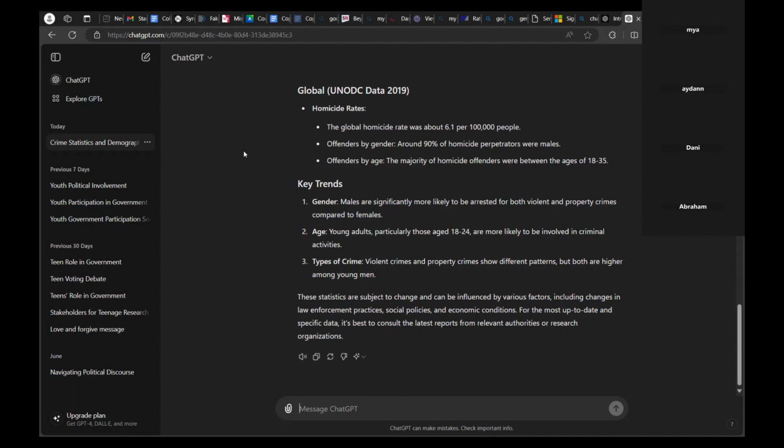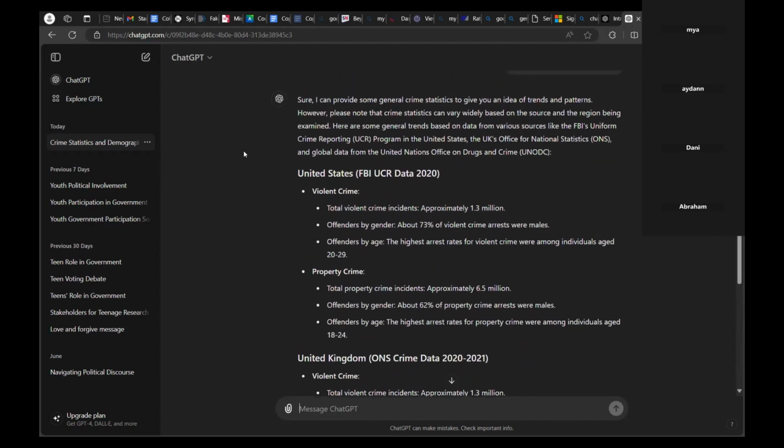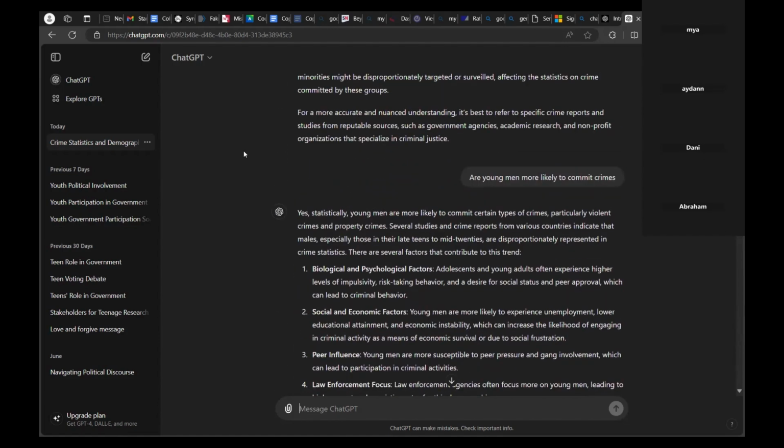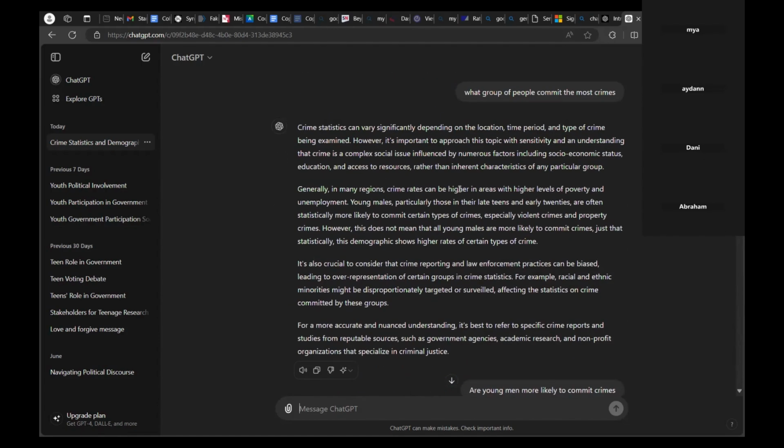And one thing that I have noticed that they have in common is the socioeconomic factor. Even Gemini answered with numerous factors, and the first one was also socioeconomic status. Why is that? Ask if poor people are more likely to commit crimes. Poor people, like underprivileged people, because that's what socioeconomic status means.